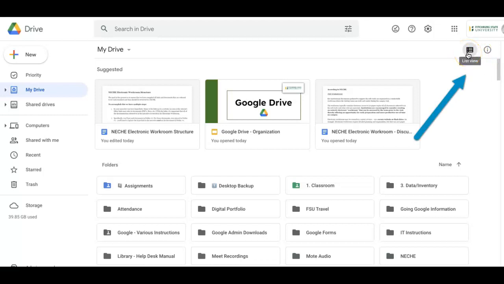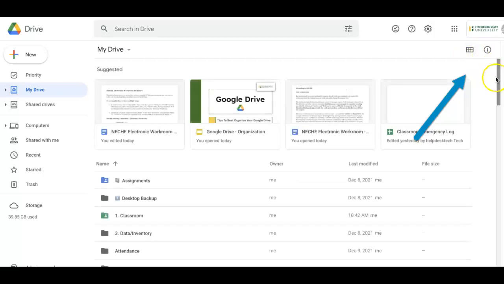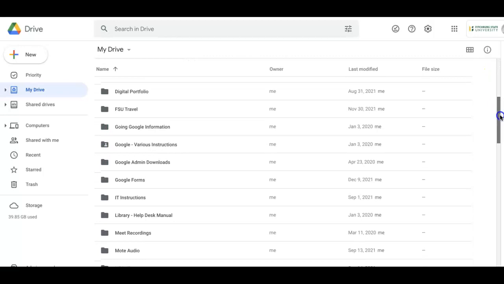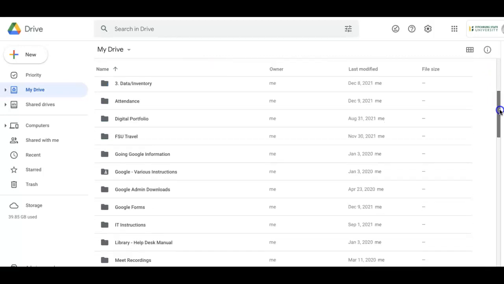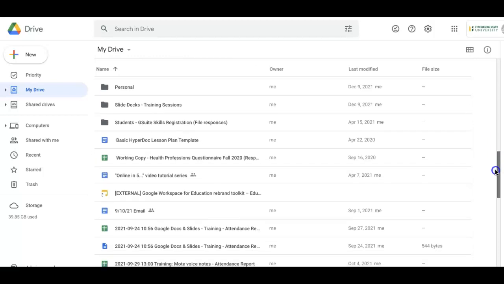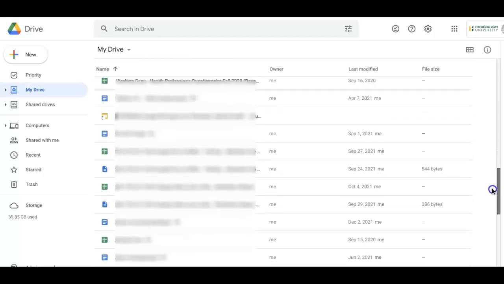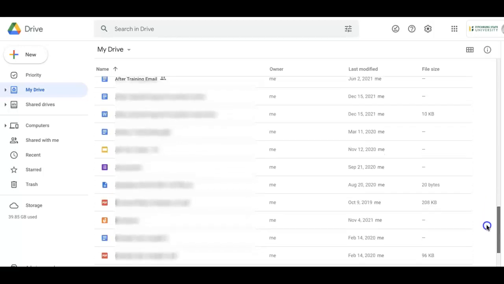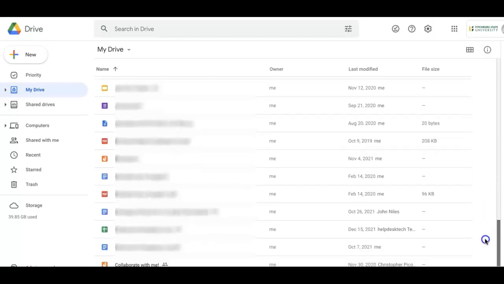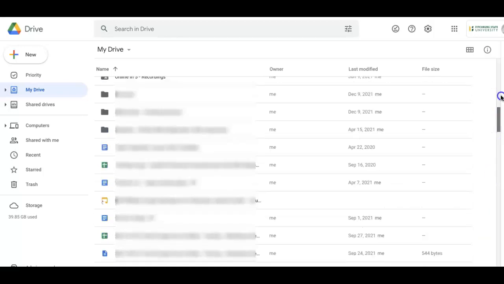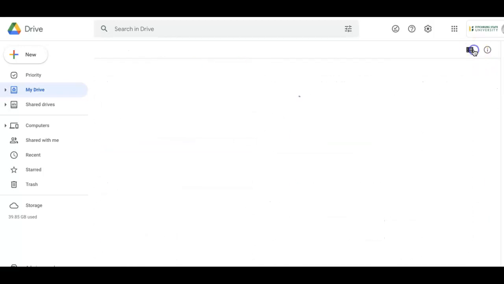I'm currently in grid view, but if I press list view, now I can list all of my folders in alphabetical order, or whatever order I've chosen, and all the way down I'll also see additional documents that I've not yet filed in alphabetical order. So if that is a little more appealing to you or easier to find items, feel free to do that, because that's a lot nicer than maybe being in this grid.